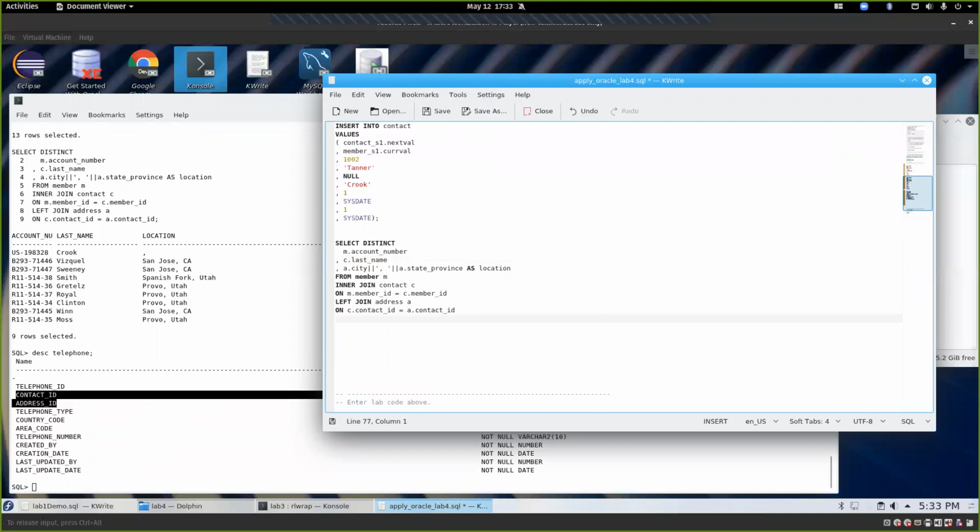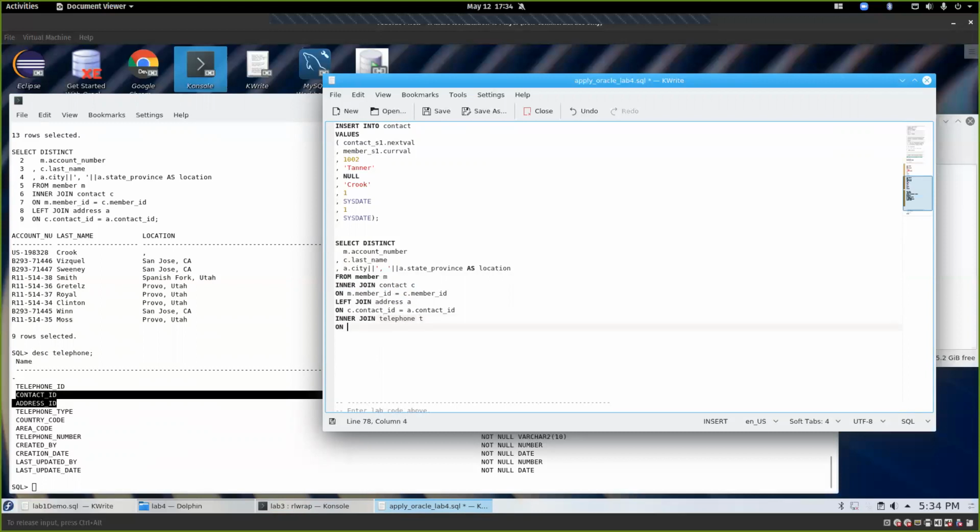So I'm going to take, and let's see what happens if I do an inner join. Now this one's kind of weird because we're at address. And I remember when I was first learning joins, this kind of threw me off just a little bit because I thought that I would have to go from address to telephone. But we can skip that because we have all of these columns. We have all of contact, we have all of member, we have all of address. So I'm going to inner join to telephone